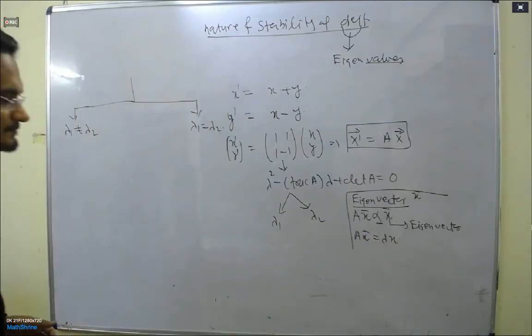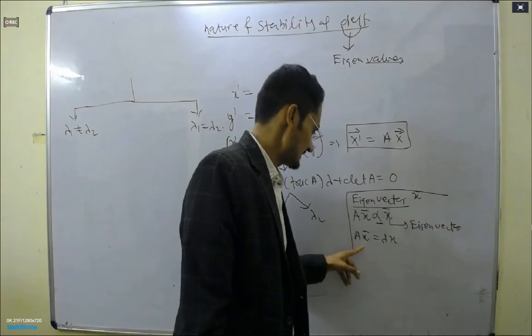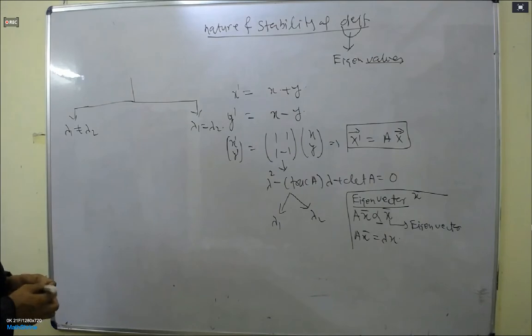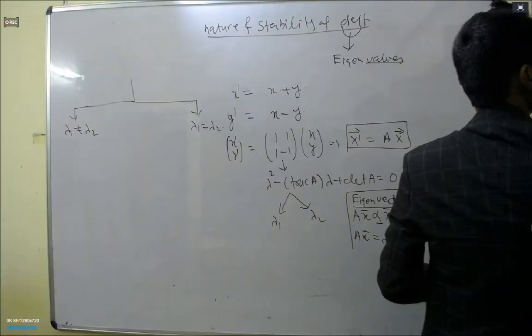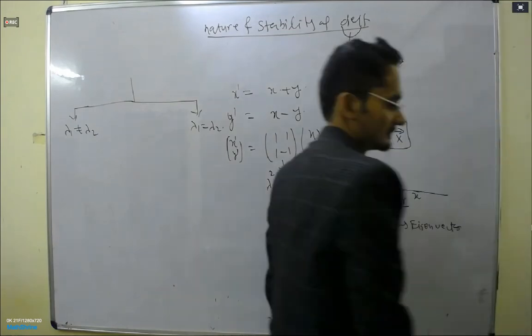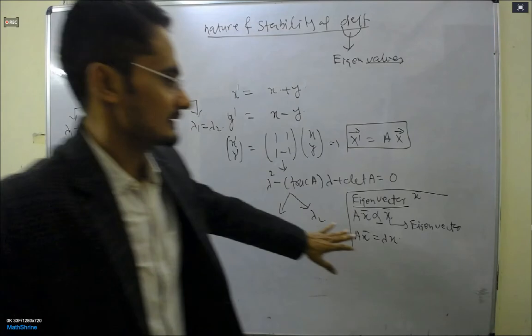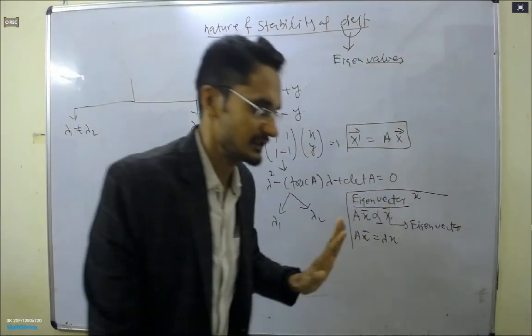If lambda 1 and lambda 2 are different, then definitely lambda 1 will give you at least one eigenvector. Lambda 2 also will give you one eigenvector. All right, suppose it is V1, suppose it is V2. The eigenvalue is there because an eigenvalue is not possible without the eigenvector. Right? The space is there.